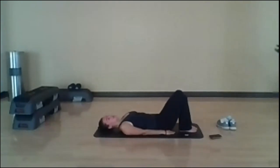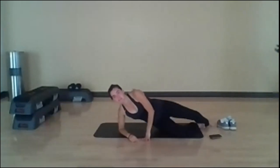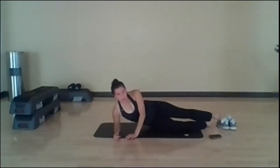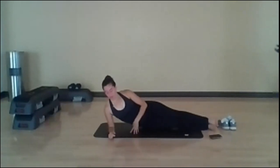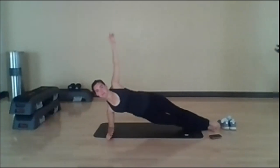Go ahead and slowly lower down. And then turning onto your side. So your left leg is going to be on top. Coming on to your elbow, we're going to lift up. Extending that top leg, making sure your elbow is right underneath your shoulder, your hips are stacked right up on top of each other,